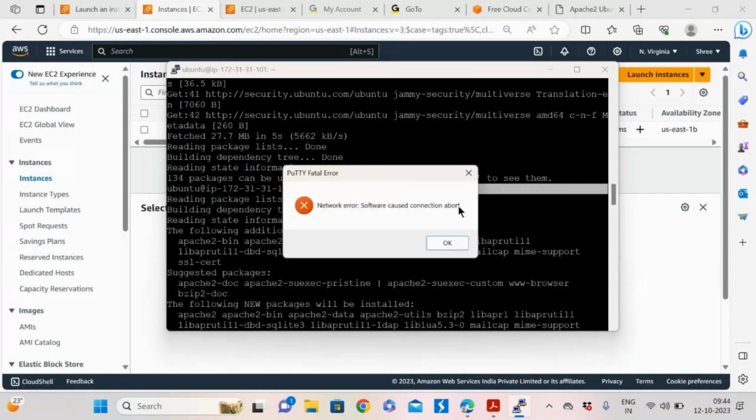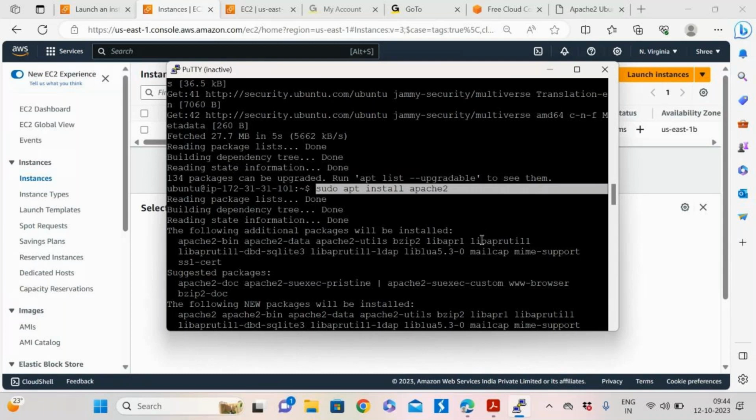That's it. In real time, so many scripts will be there in user data, for example to join the domain, or any kind of script based on the requirement. We simply go ahead and use the scripts as part of the user data section.